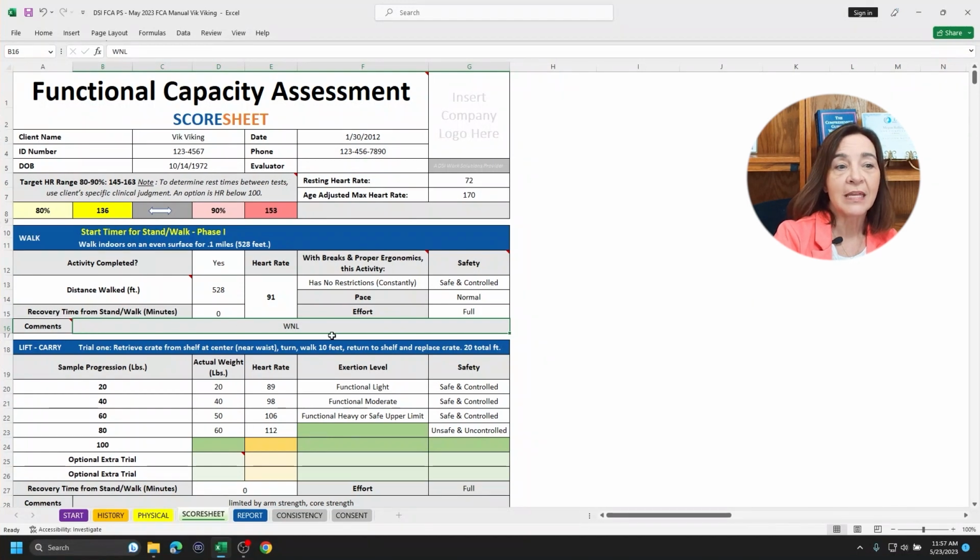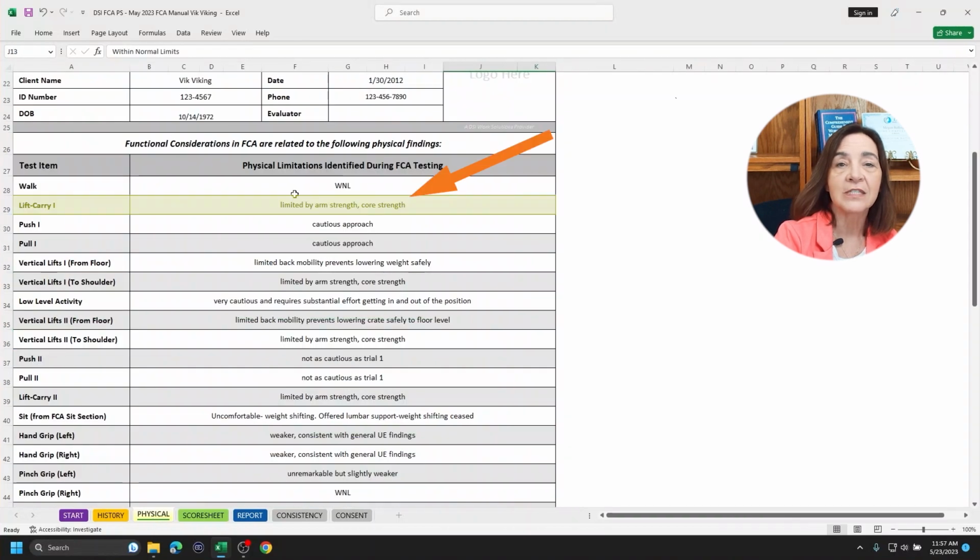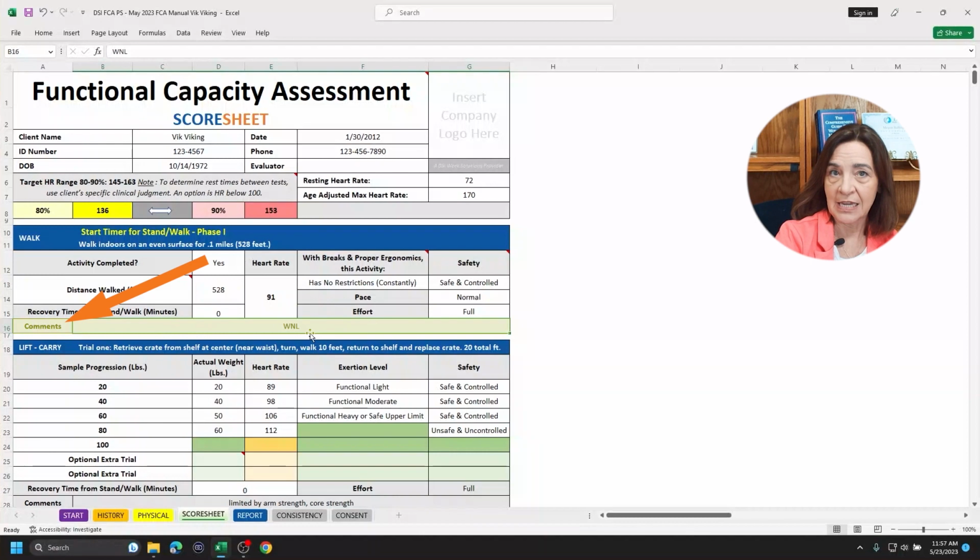As you document these comments, you will find that they are going to be transferred back over to the physical exam form for you automatically. A good thing to keep in mind here is the connection between the comments section, which is the more medical commentary that we are putting in our score sheets, which will be then transferred back to the table on the